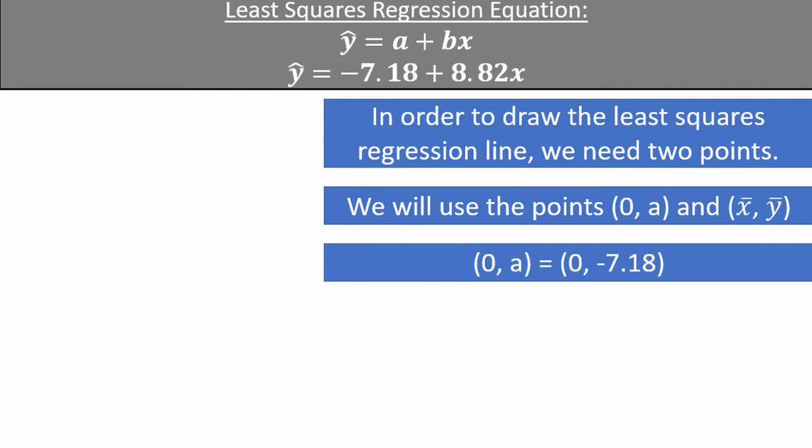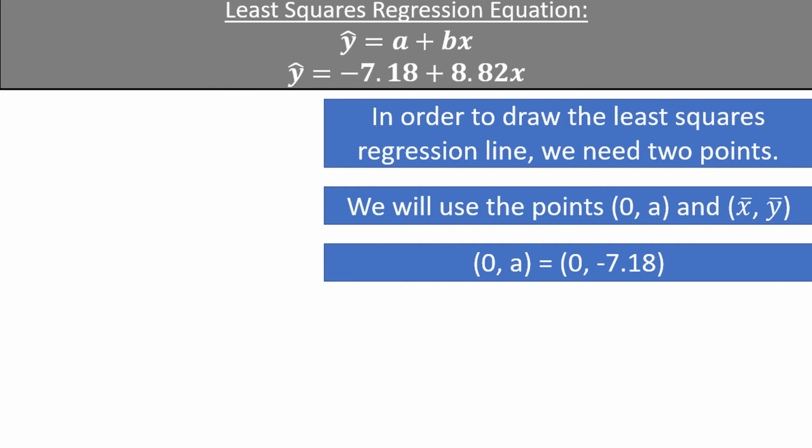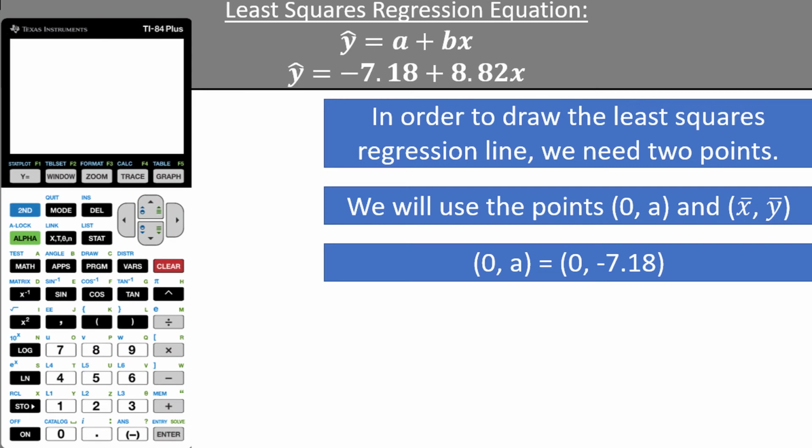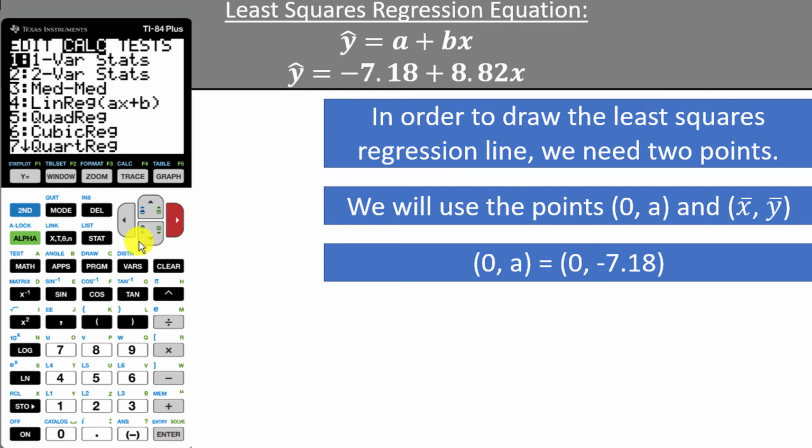If this point doesn't fall nicely onto the scatter plot, you can pick any other value for x, plug it into the equation, and find a point on the line. For example, 12, 98.66 is also a point on the line that could be used, which we predicted earlier. X bar, y bar is easy to find if you have already ran linear regression on the TI-84 calculator. Assuming you have the data in lists 1 and 2, press stat, arrow over to calculate, and run 2 variable